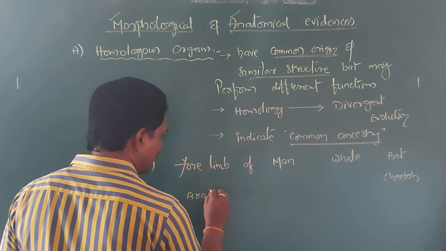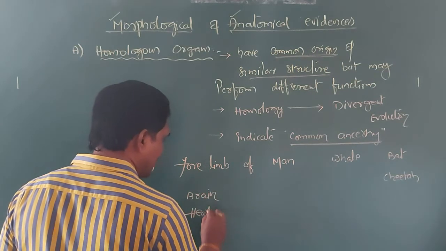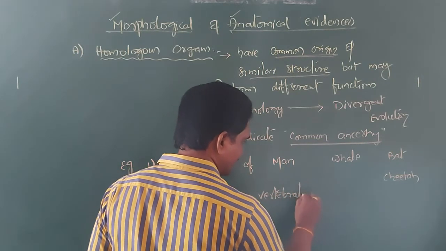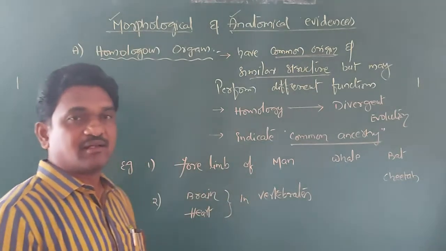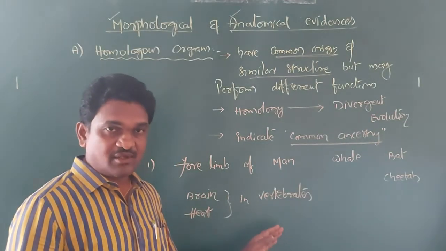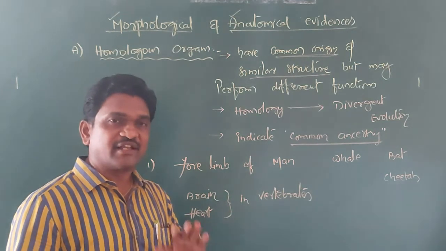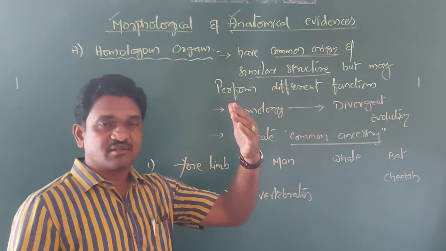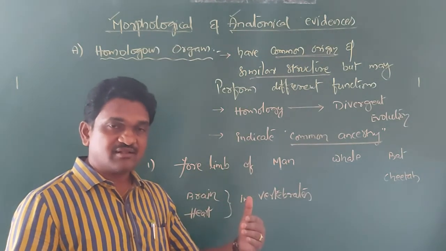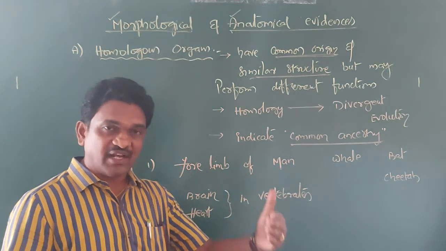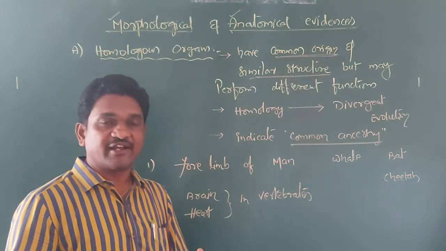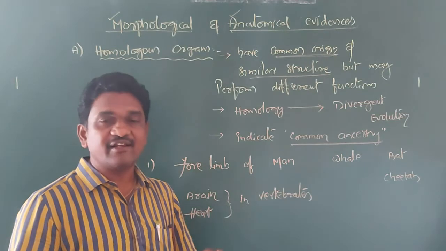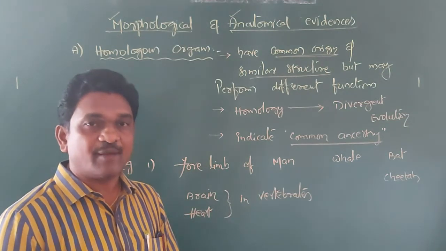Brain and heart in vertebrates. In all vertebrates, ranging from fishes up to mammals, the regions in the brain remain the same. What are the regions in the brain? Very anteriorly, olfactory lobes, cerebral hemispheres, diencephalon, optic lobes, cerebellum, pons varolii, medulla oblongata. All these structures are the same in the brain of all vertebrates, indicating all vertebrates also descended from common ancestors.